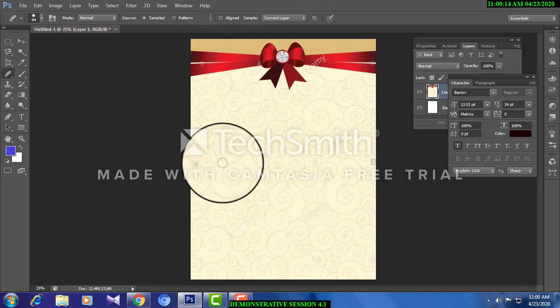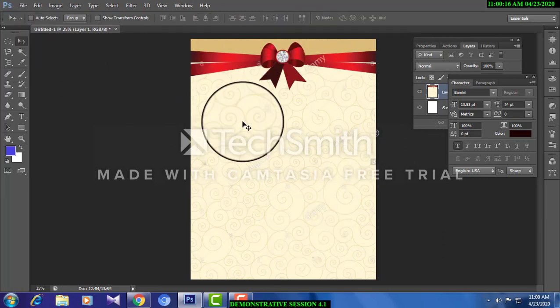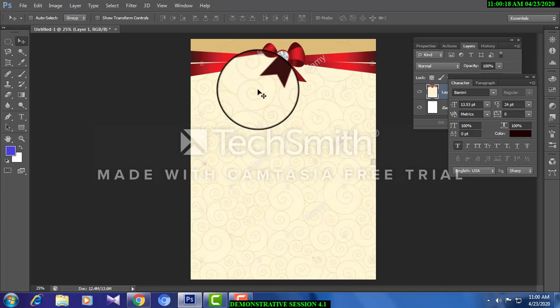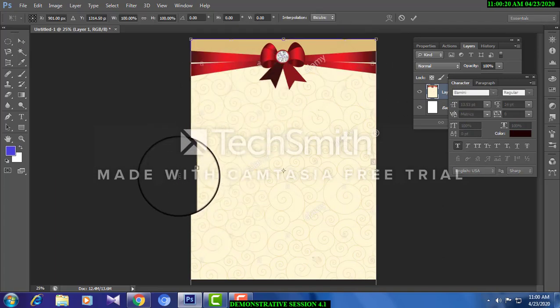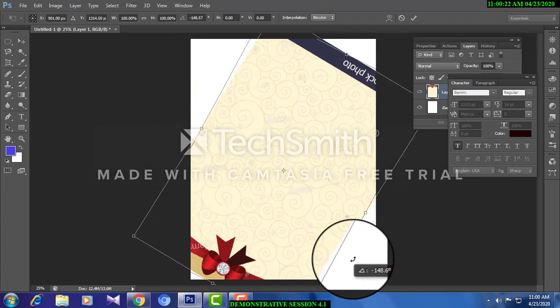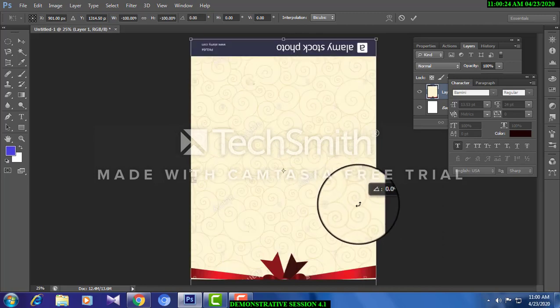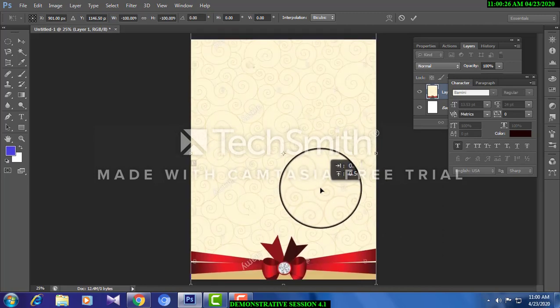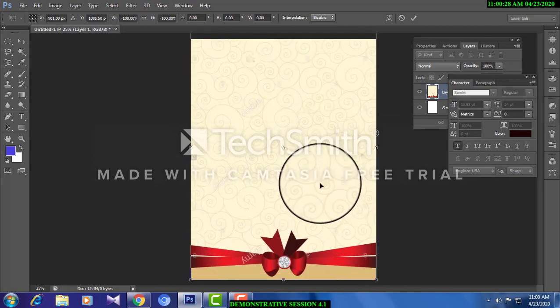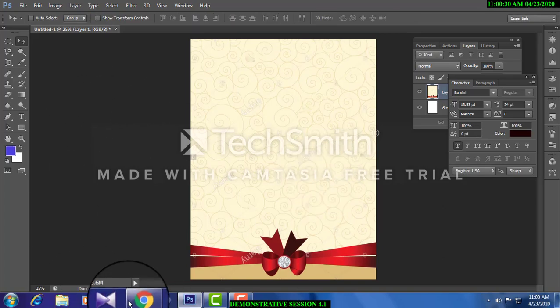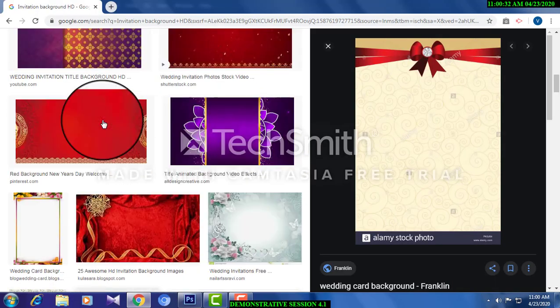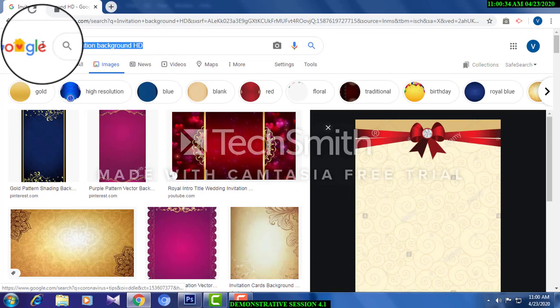See, it should be done properly, otherwise it won't be good. Now I'm just turning it upside down so that the invitation should start with the college. If it is official, it should be proper. Only then I'm making it upside down, I'm just rotating it, that's all. Is that okay? Now I'm going back to the website for St. Joseph's College logo.